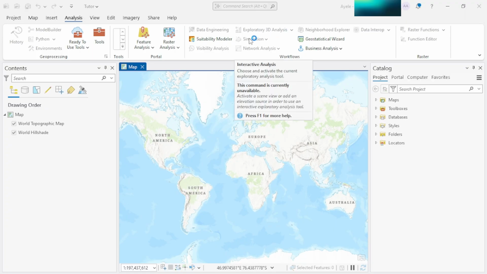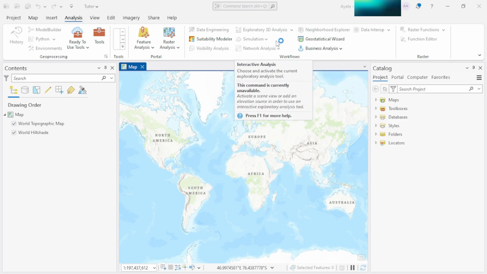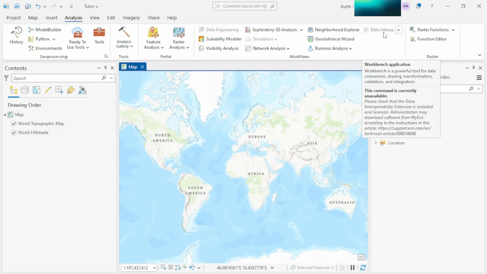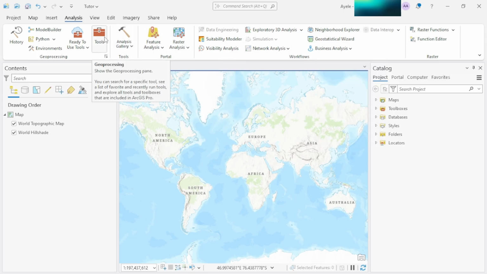When I add either raster or vector data, this type of analysis can become active. Now it's not active. Neighborhood explorer, exploratory 3D analysis, simulation, network analysis, and data interpolation, and others are raster functions and function editors. These are all under Analysis.